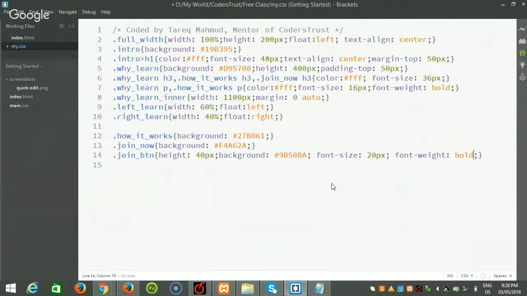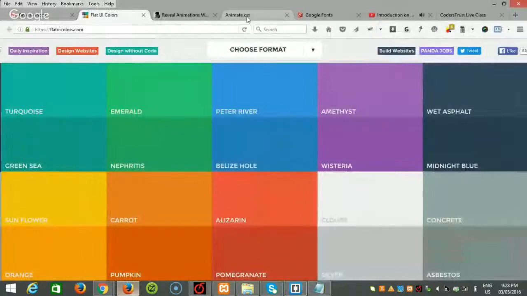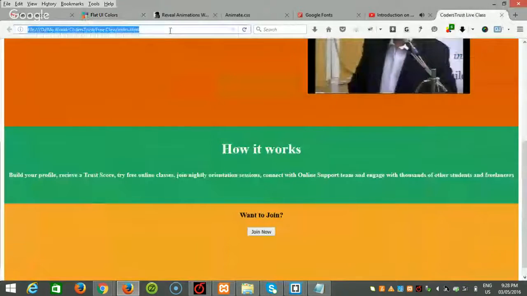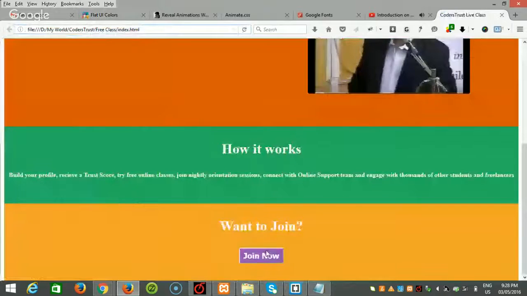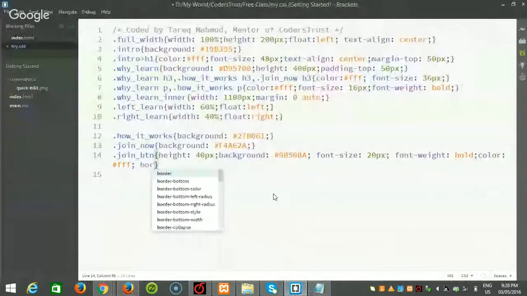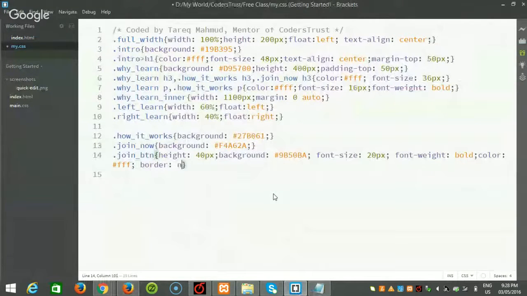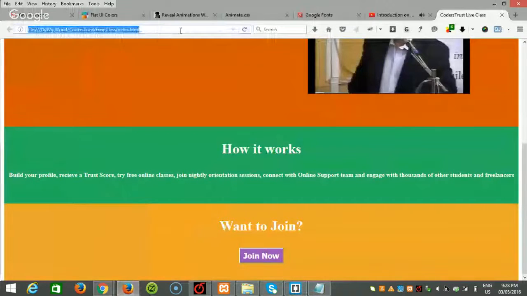The font color actually will be white, so I'm just giving the color. And okay, hopefully it will work now. So let's see. Okay, yeah, just the join now button, and you have to remove the border actually because the button has some border by default. I'm just making the border none. Okay,